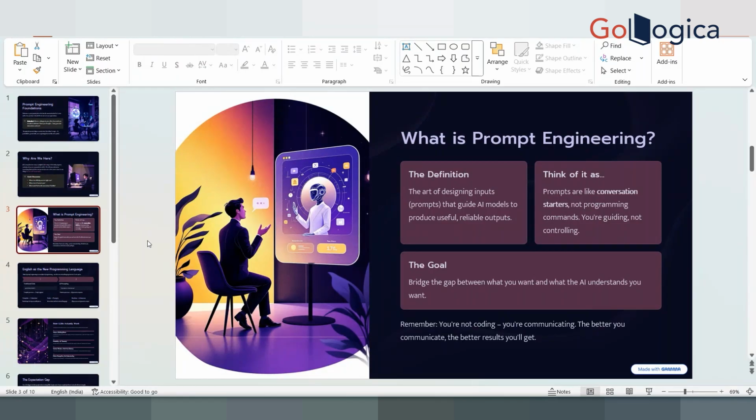Before prompt, there was a very famous word that we used to use in the context of software, which is input. Rightly, as Thomas said, prompt is basically the input to AI. So it's the same thing. If you give garbage inputs to a software, it will give you garbage output, right? So if you give a garbage prompt to an AI model, it will give you a garbage output as well, or garbage response. So this is the history of prompt. That's where the prompt word comes from.